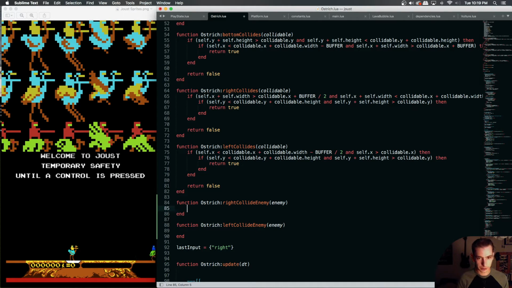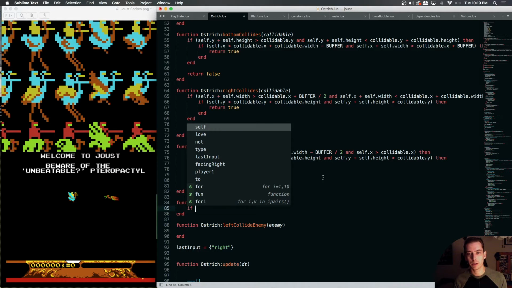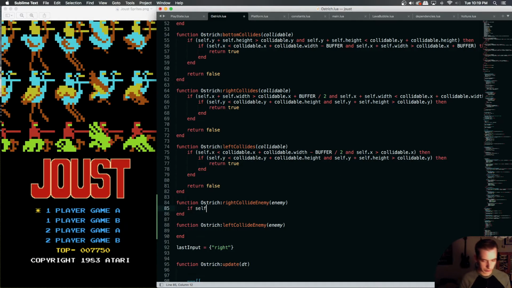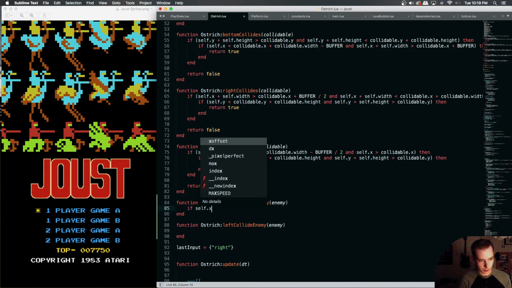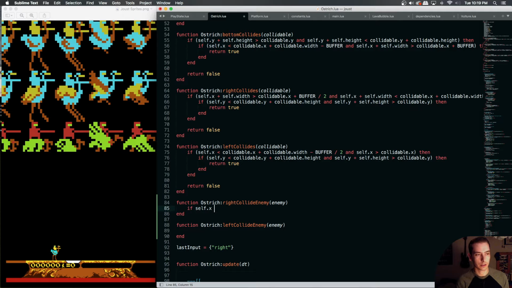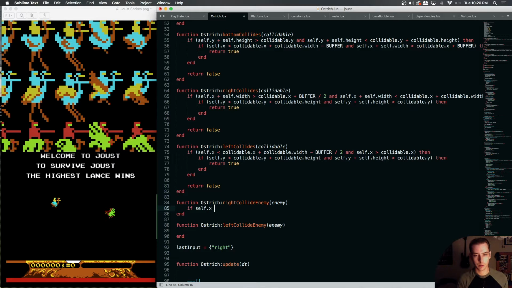So here's how we write an AABB collision. And I'm going to try to do this without looking at any of this stuff. Checking to see if our ostrich's left side is... so there's two ways of doing it. We can detect if a collision is impossible and return false, or we can detect if it is a collision and return true. I guess we kind of got to do both anyway. So we're going to see